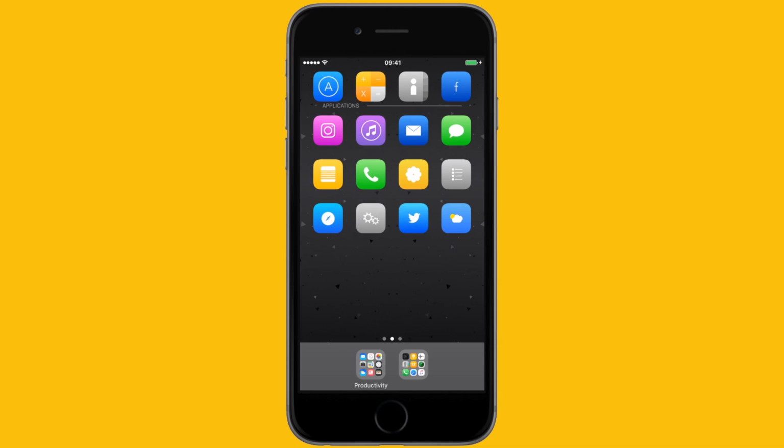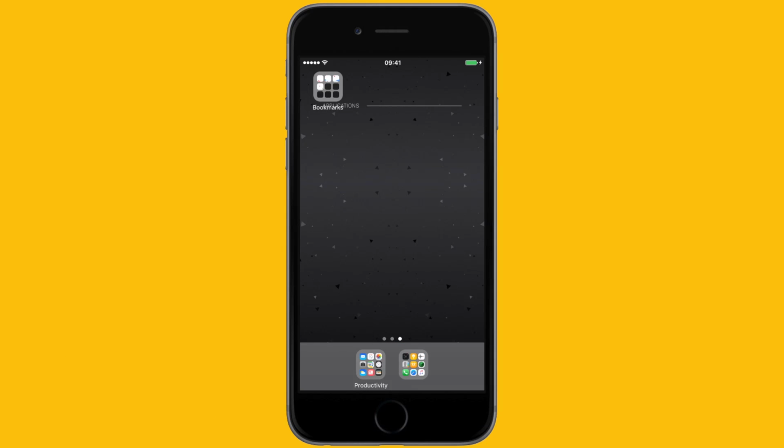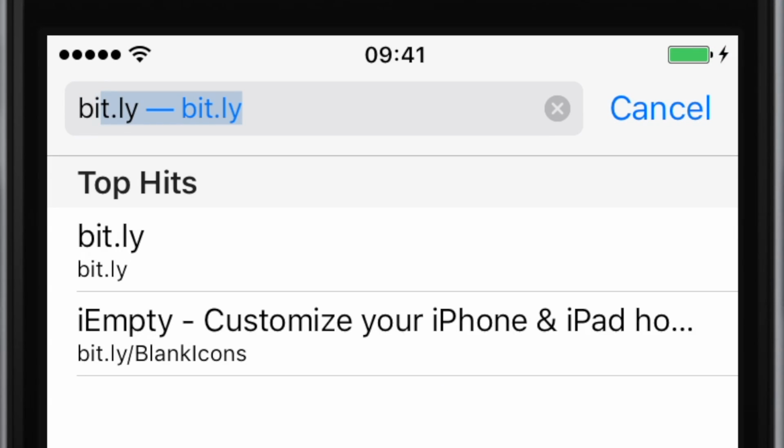Now the next thing we need to do is get the blank icons in order to move the icons 1 row down and fit perfectly with the home screen. So in order to get blank icons, what you want to do is head back into jiggle mode and then take a screenshot of a blank page. Then once you've done that, we can head back into Safari and get the blank icon. So go ahead and open Safari, type in the URL